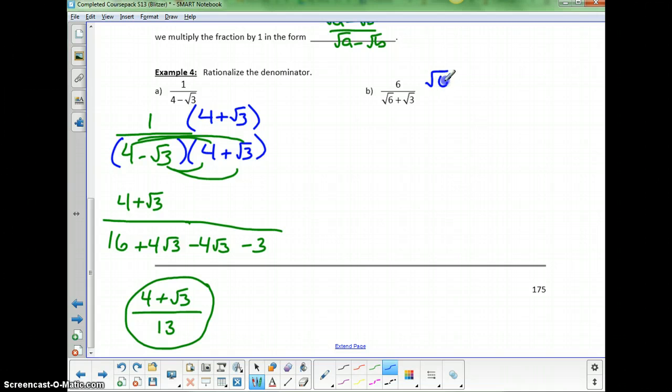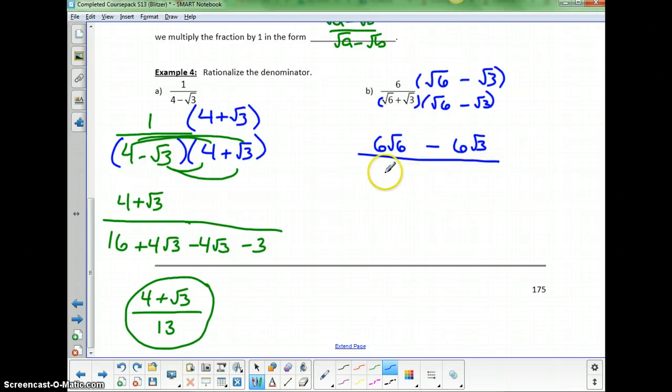And the last problem, the conjugate of the bottom, that's square root of 6 plus square root of 3. So the conjugate would be square root of 6 minus square root of 3. Multiply top and bottom by square root of 6 minus square root of 3. Let's throw some parentheses in there so we can get our distributes right. So the top is going to be 6 times the square root of 6 minus 6 times the square root of 3